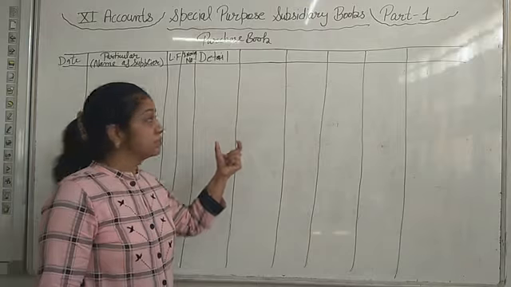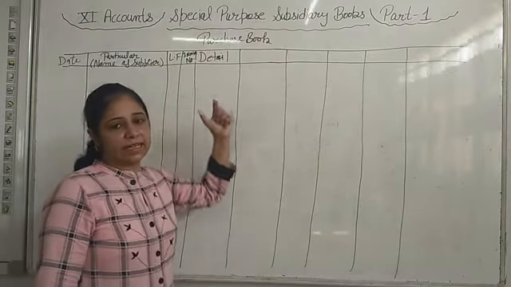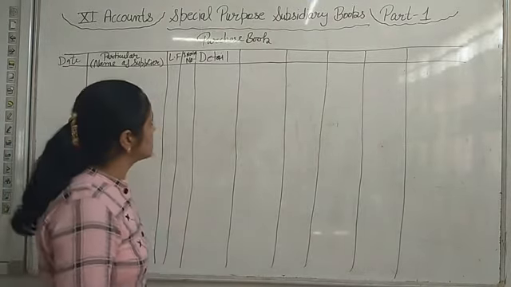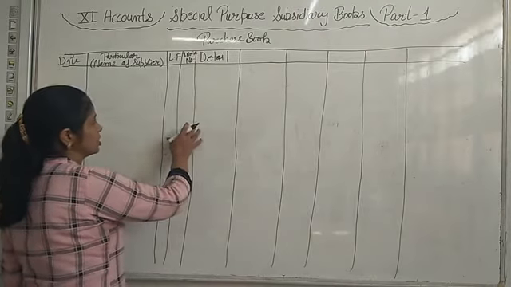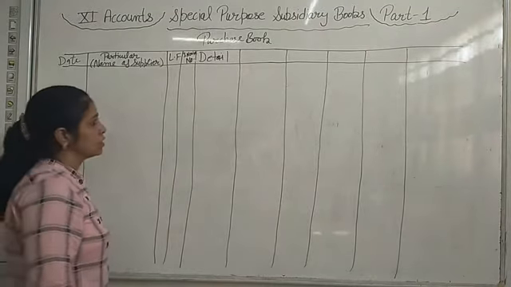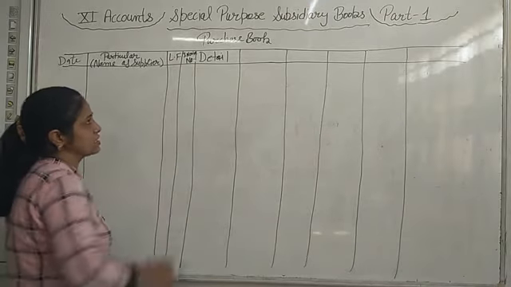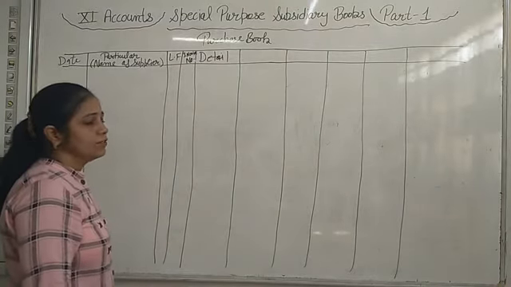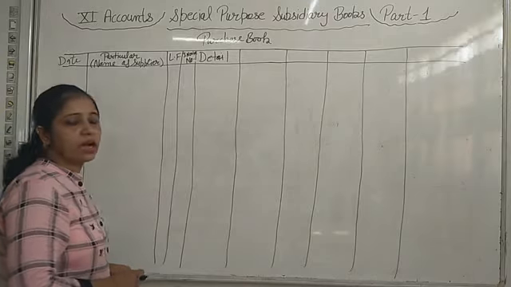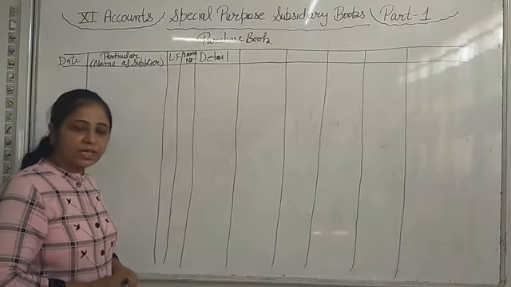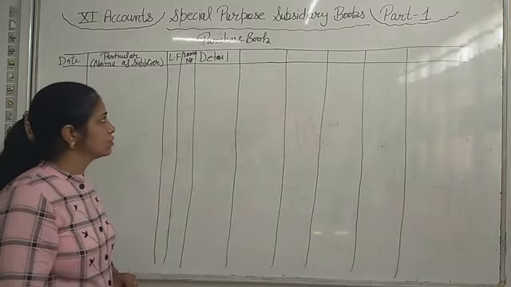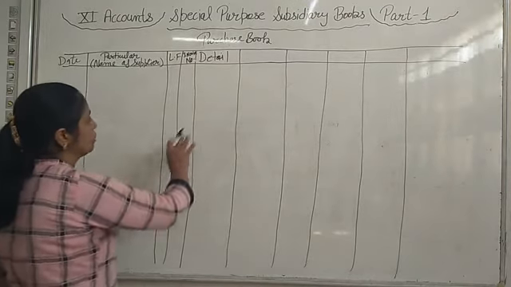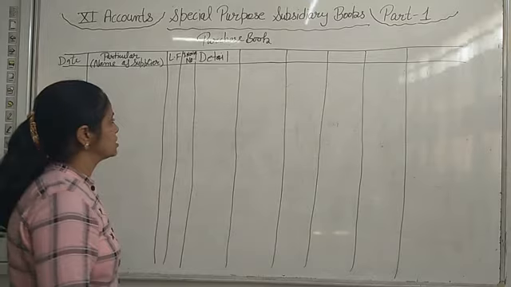No, it's a credit transaction. We will not receive cash discount on these transactions in this book, because only credit transactions are recorded in the purchase book. We will not receive cash discount on credit transactions. Cash discount we will receive only when we pay cash. Okay, so only trade discount will come in the purchase book.